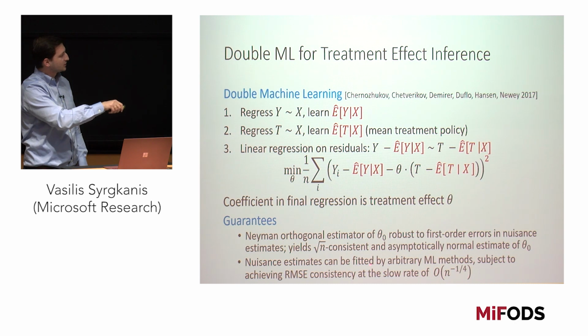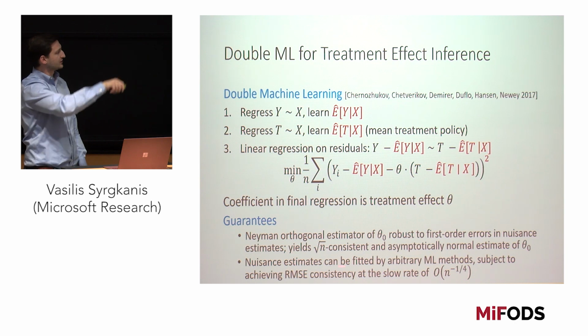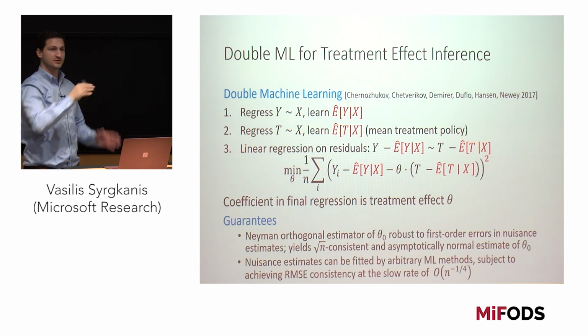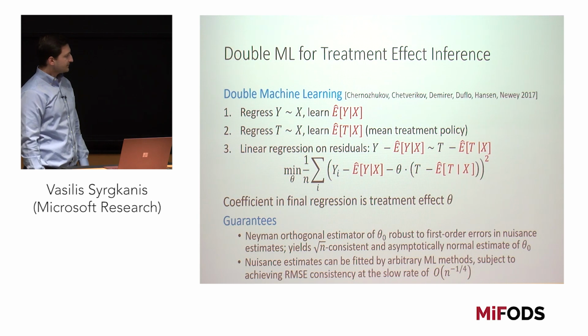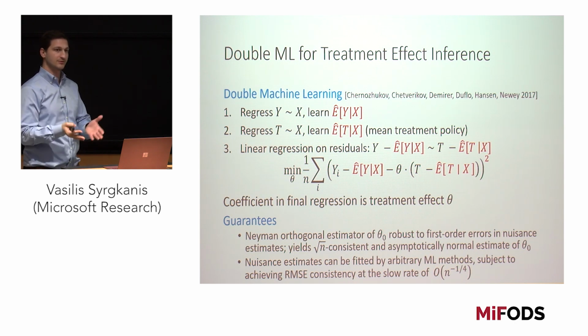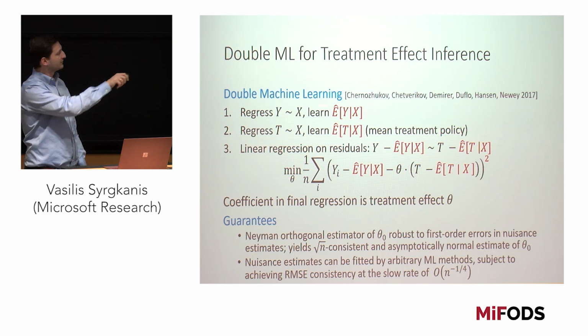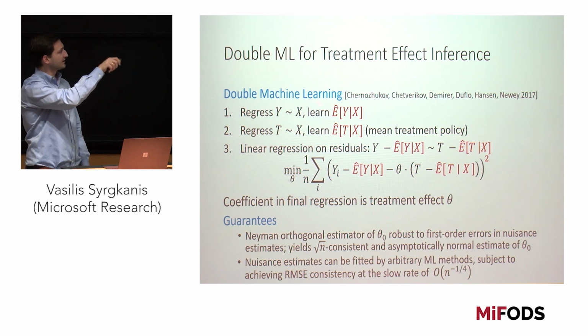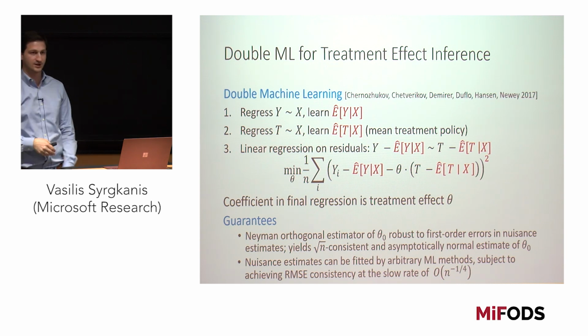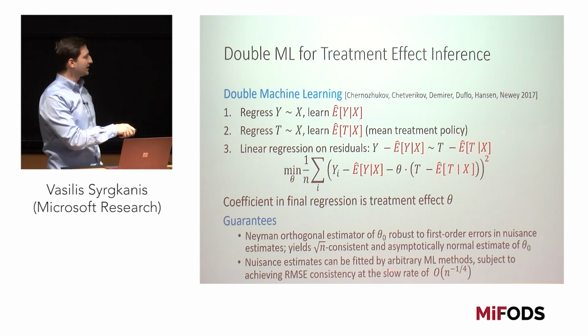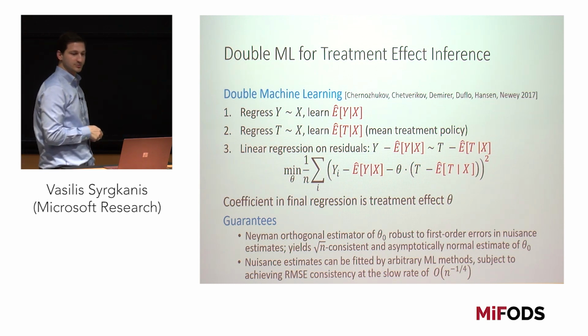And then the other reason that you don't need to assume anything about your first stage models other than the mean squared error rate is that you do this sort of sample splitting. Right? So sample splitting and Neyman orthogonality together give you this very nice theorem. You can also, if you're really scared about sample splitting, maybe you have a few samples, there's also a better version of sample splitting where you fit these models on the first half of the data and predict on the other half, and fit on the other half and predict on the first half, and then you use all of your data in the final regression, which is called cross-fitting, and this would still have the same properties as this sample splitting estimator.